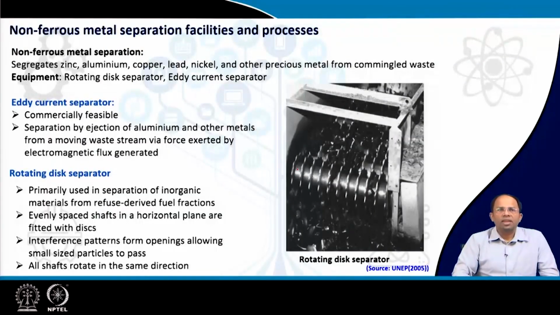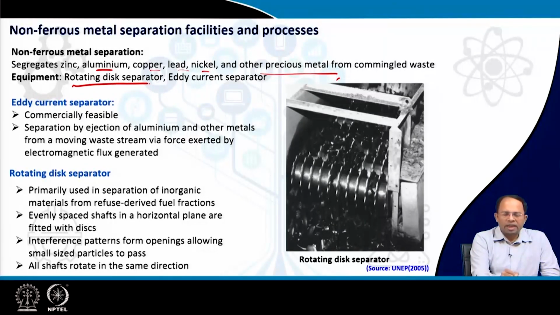Then for non-ferrous metal separation facilities, for metals like aluminium, copper, lead, nickel and other precious materials, which are all commingled together as metal waste, here we now have to separate them. There are different processes for that. Either we can use a rotating disc separator. Again, this is a screening system. So we are using a screen to separate the material as per size, or we can use something called an eddy